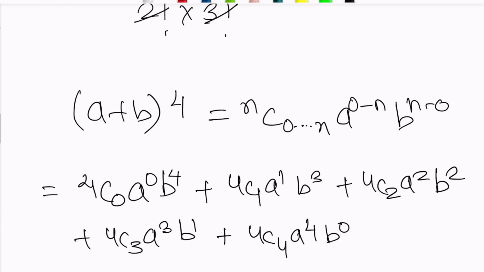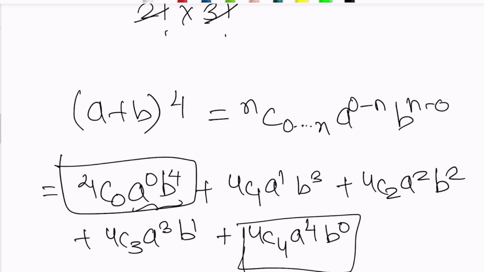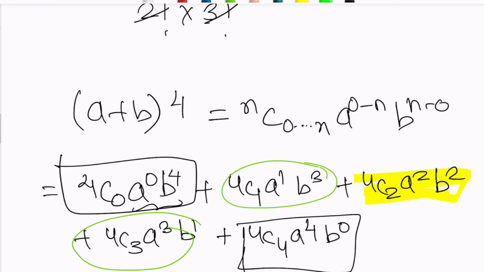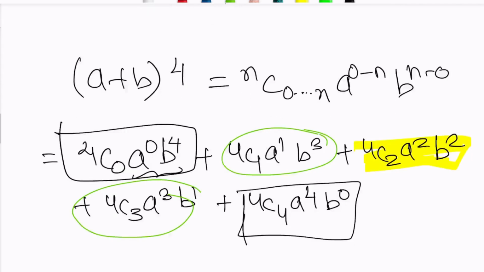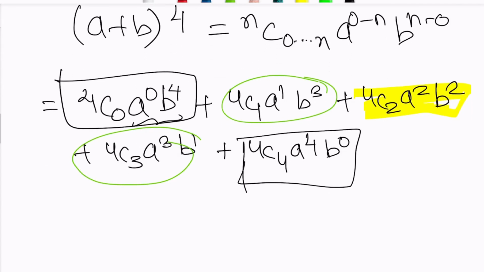Now don't worry about getting the order right. You might wonder which one is which, like, is a raised to 0 first or b raised to 0 first. Don't worry about it. This value and this value is the same. This value and this value is the same, and this is just a single value. Okay, so don't worry about it. I'm not talking about the entire thing; when I say the same thing, that is only true when a and b are the same. But what I really mean is,